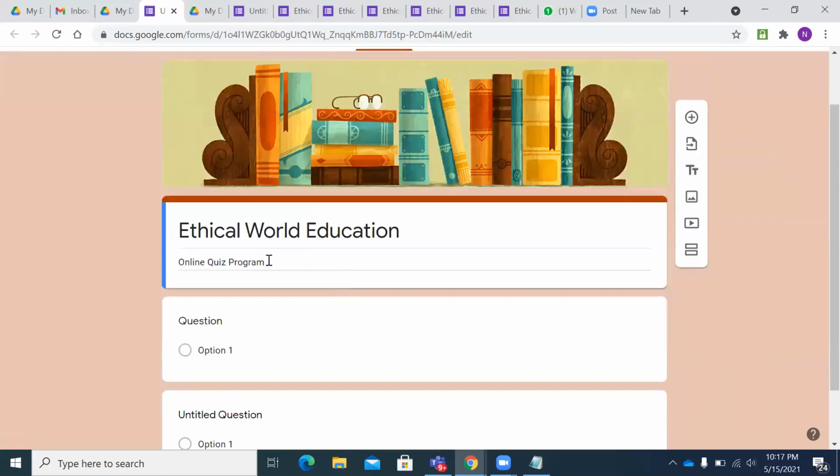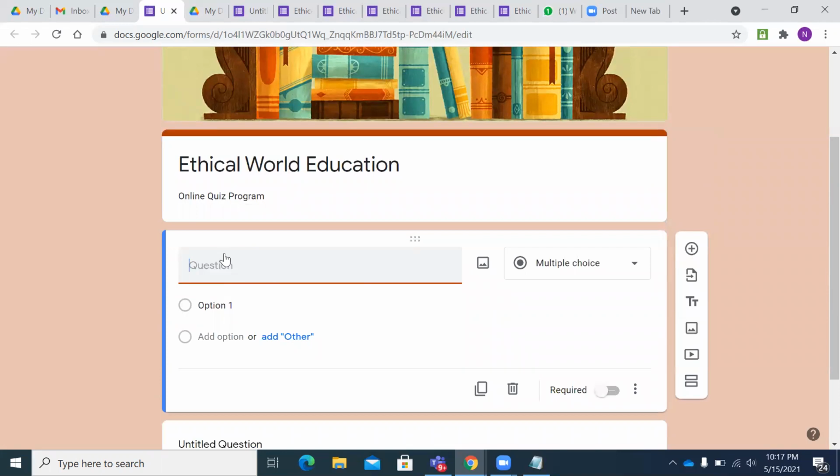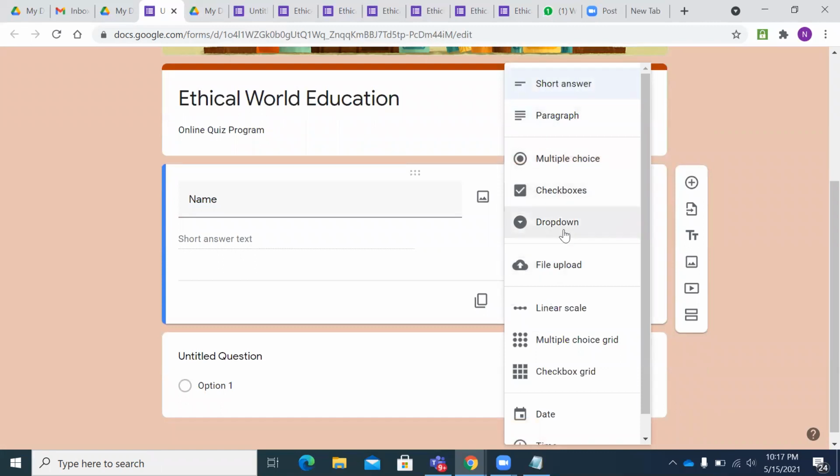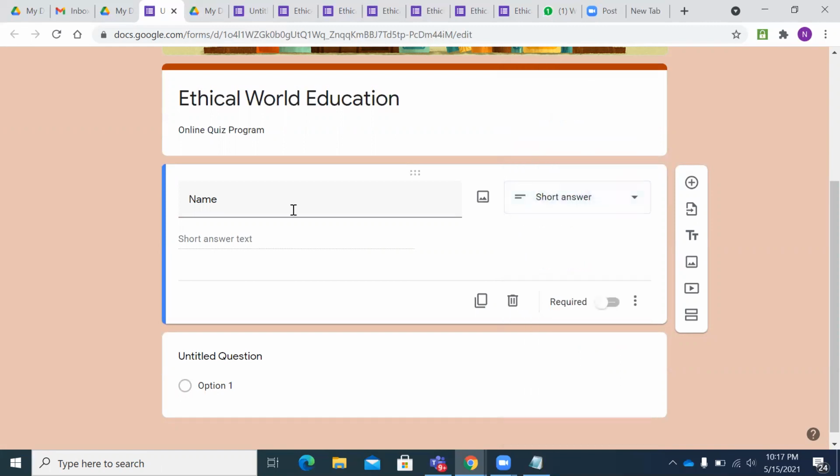So let's start by adding simple details of the students where we can get the students' details. So let me add the name of the student, and here you can select different options where they can fill in their answers, such as multiple choice, checkbox or drop down. So this is all about the name. Let's click on short answer itself. And here there is a special button, that is the required field. If you click on this, the student has to fill this in as mandatory. If they don't fill it, they are not able to go to the next question or the next page.